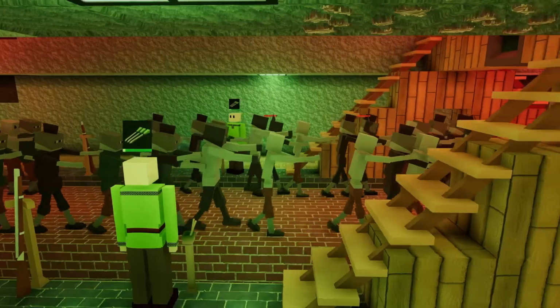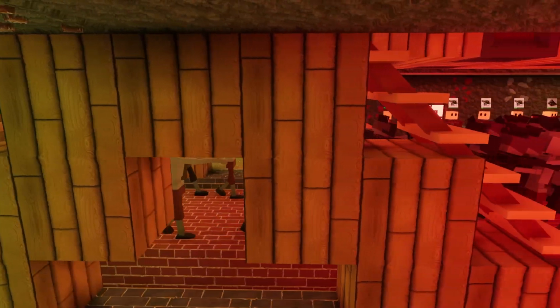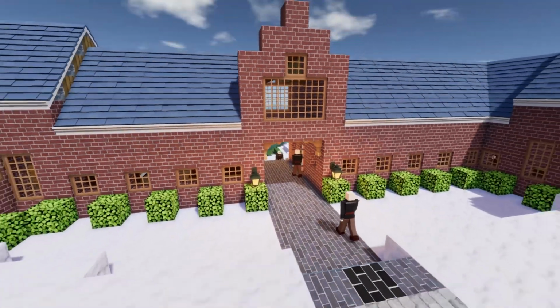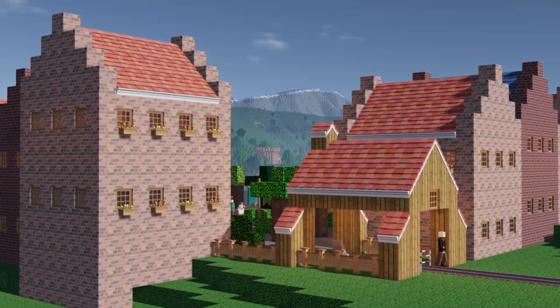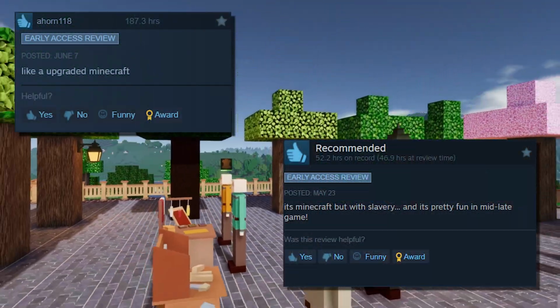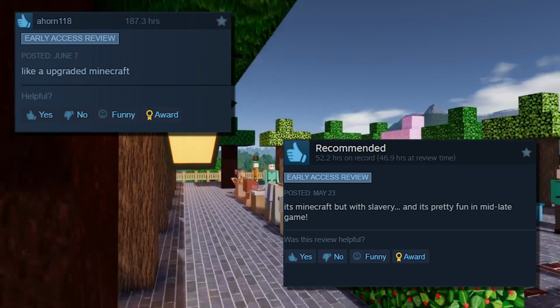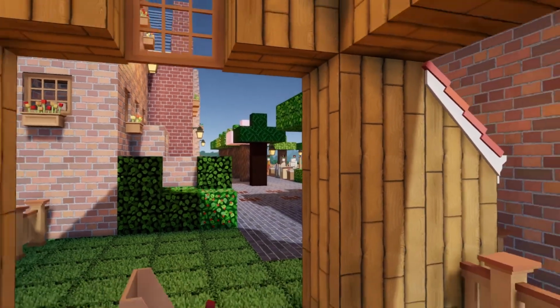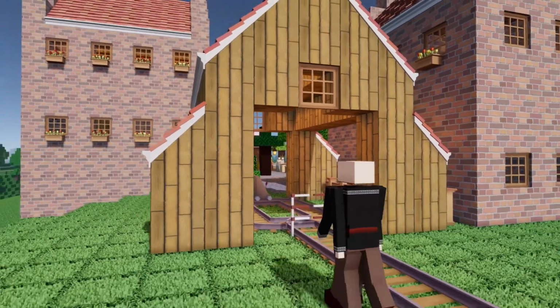The trailer can be misleading because you're going to do this all by hand, in first person. That's right, this is a first-person colony builder, making you the head colonist. The most common description in reviews is, quote, like an upgraded Minecraft, end quote. Playing with friends is super simple though. Invite them directly into your world and share control of your colony with them, or live as separate colonies, trading